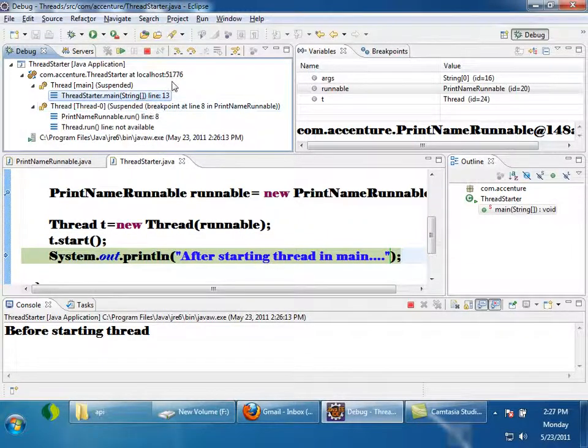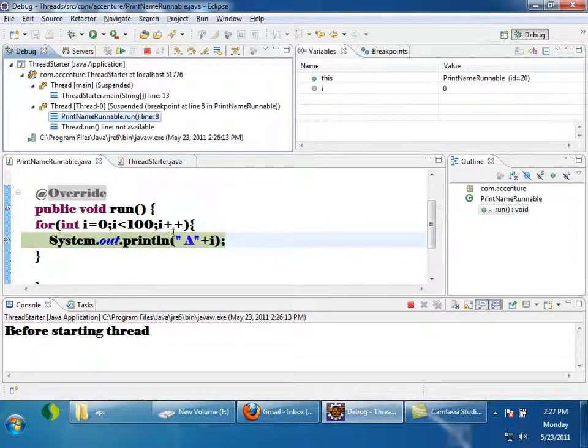See? Do you see another thread is started? This is the main thread. At line number 13 it is suspended. But here another thread 0 is started. At line number 8, here it is suspended. So calling thread.start has started thread. Ask the operating system to start a thread. Operating system has started thread. And once the thread starts, how will it understand which method to run? See? Once the thread starts, it's calling print name runnable dot run. So in a runnable class, what are we defining? We are defining the code which has to be run by the thread, then we are creating a thread separately.